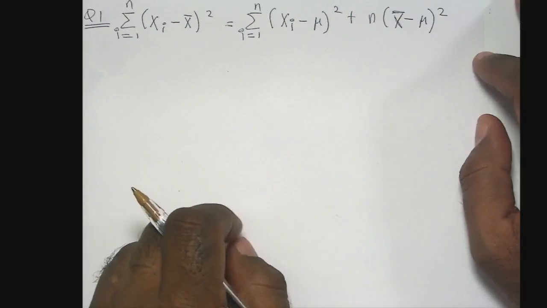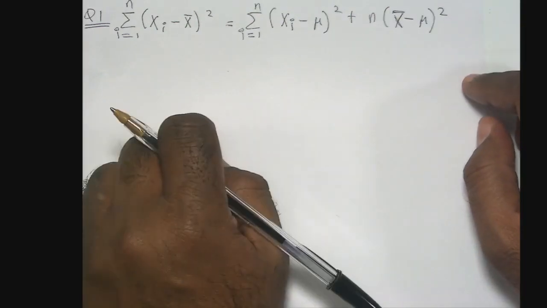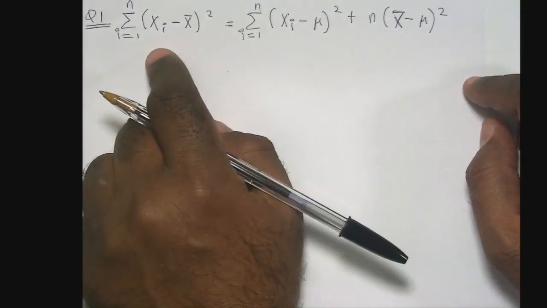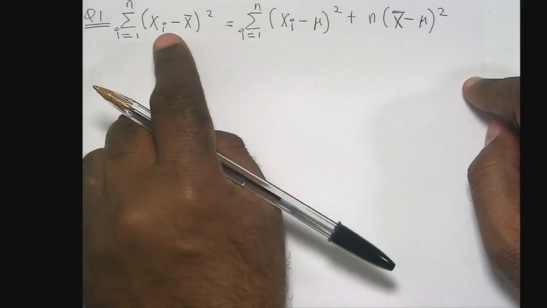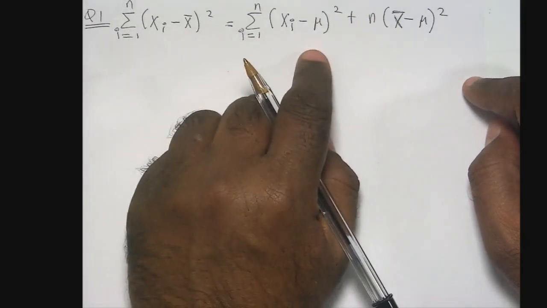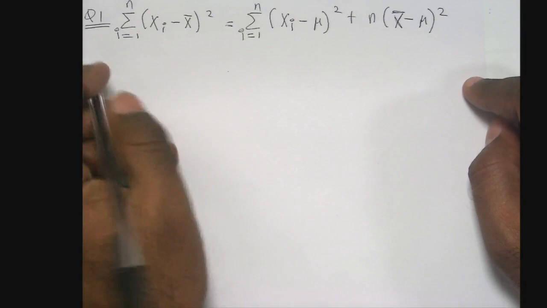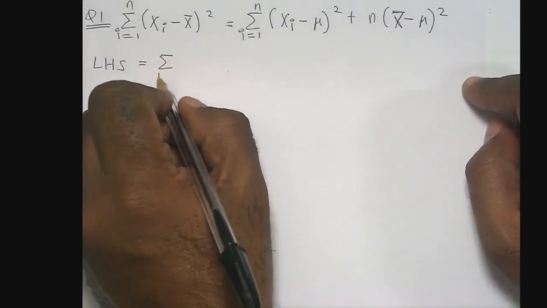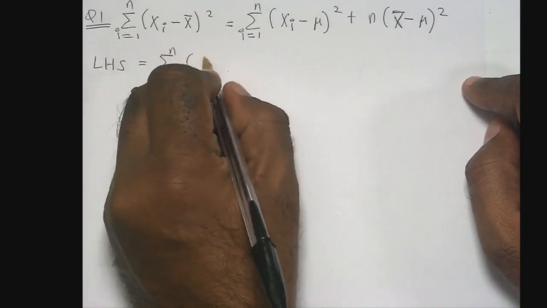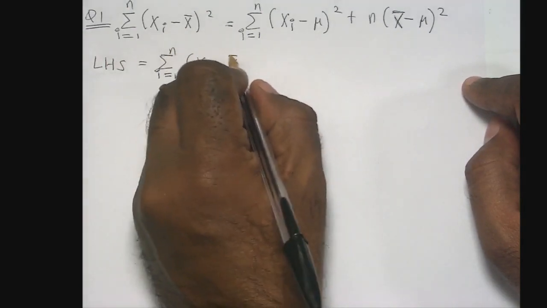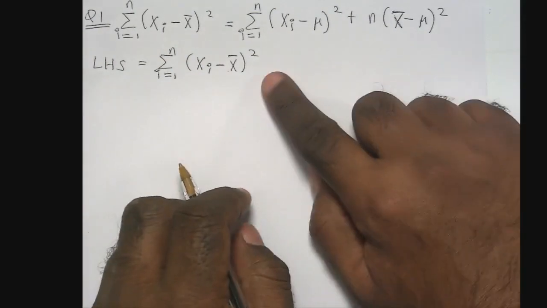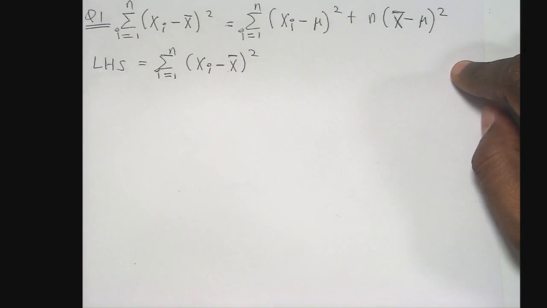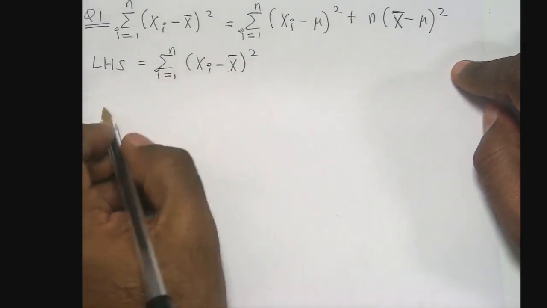Alright guys, can you listen if you haven't done question 1? You're asked to show that this is equal to this. So you can start from the left hand side or the right hand side. You can start from the left and show that it's equal to the right, or start from the right and show that it's equal to the left. Now I would prefer starting from the left hand side, guys. So I want to start from the left hand side and show that it is equal to the right hand side. You'll see why I'm doing that in a minute. The reason I'm doing that is because